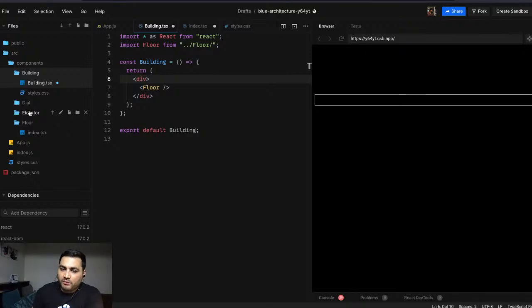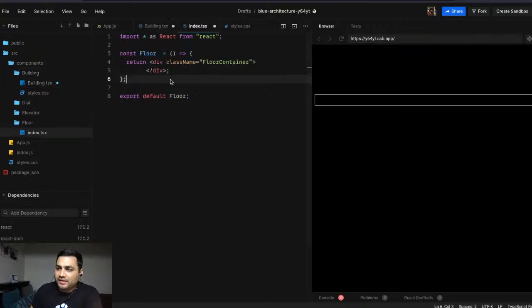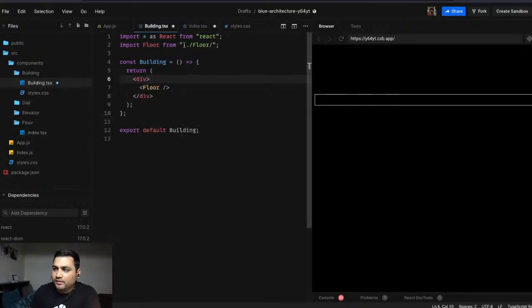And suppose you have multiple components, it makes sense to name every component depending upon the type or the work of that component. But here, my floor component is very small and it is just returning a small div, right? So what I did is I renamed this to index.tsx, and the default resolution